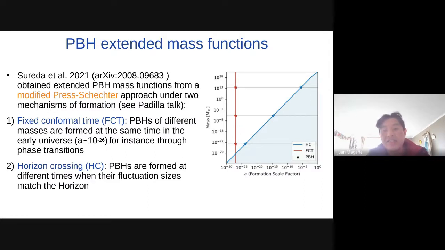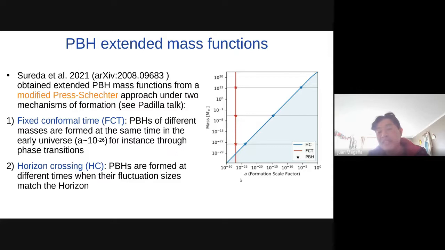In this scenario, the primordial black holes are formed at different times with different masses, when the fluctuation size matches the horizon. That means that the lighter primordial black holes are formed before the bigger primordial black holes. For example, in this schematic plot, you can imagine this mechanism of formation.